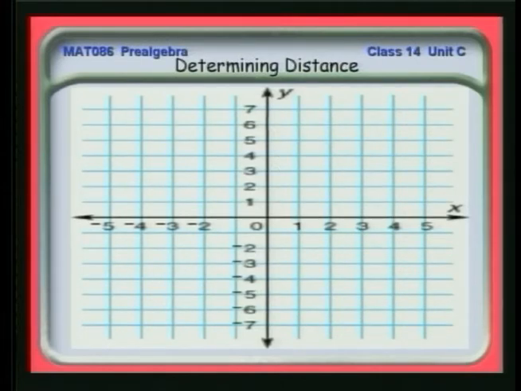Here's another example. Here's a point where I have (-5, 2), and here's another point, (5, 2). I've pointed out x1 and x2, and I'd like to know the distance between them. Of course, the easy way to get the distance is just to count the number of squares, and I can see right away by counting the number of intervals I need to go. That's going to be 10, but let's look at the formal way to do it.